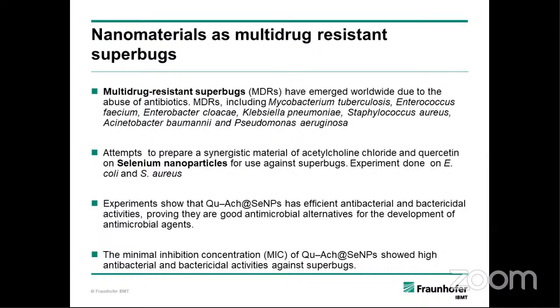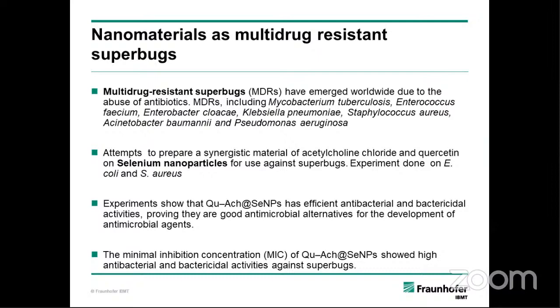So by that ineffective use of antibiotics, the emergence of multi-resistant bacteria happens. For example, Mycobacterium tuberculosis, Enterobacteriaceae, Klebsiella pneumoniae, Staphylococcus aureus, Pseudomonas aeruginosa. These are the superbugs actually, and we need a better strategy against these